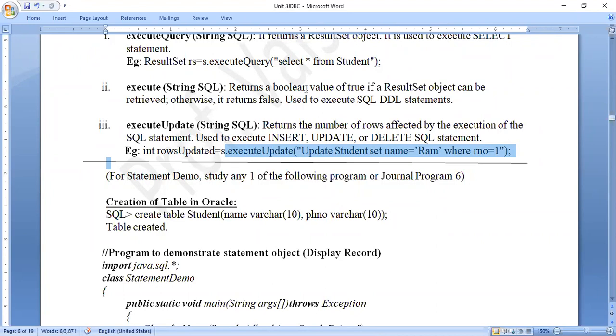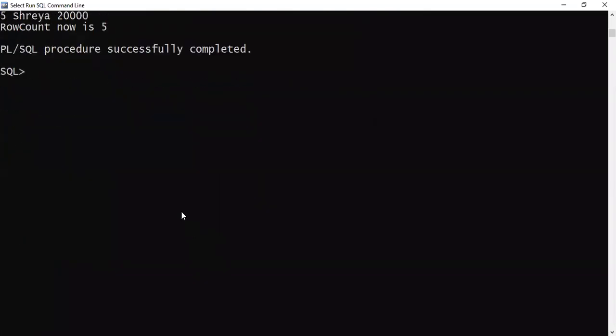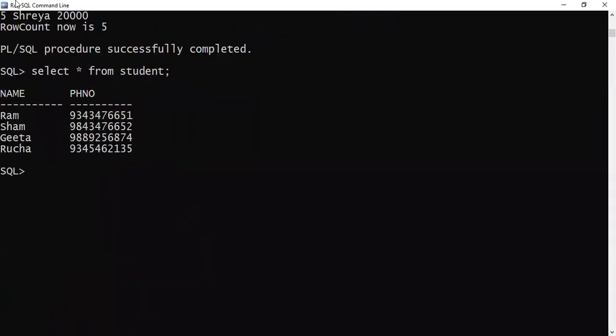Even in my SQL, I will just take you to the SQL screen. Here, when I execute a select statement, what output I get is the table. That is nothing but the result set I'm getting. So when we execute select statement, which method do we use? Execute query. So execute query returns us the result set. That is nothing but the structure similar to table.